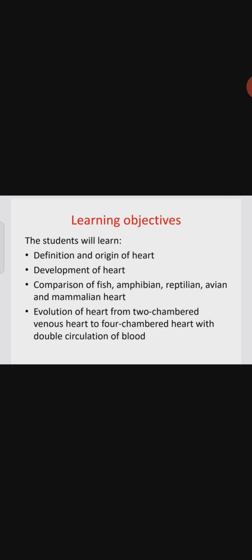I told that the lower vertebrates, meaning invertebrates, have the open type of circulatory system. So how does the evolution take place? Evolution means changes from one organism to the next organism, or from pisces to the mammals. How the changes have taken place, how the evolution has taken place, like that the origin of the heart takes place in a different fashion.